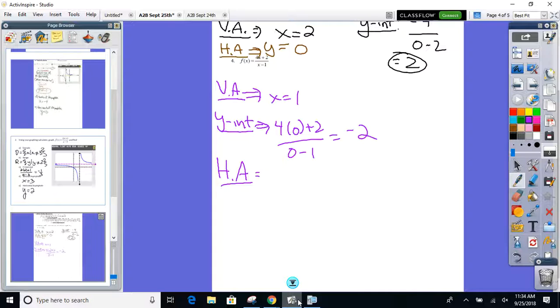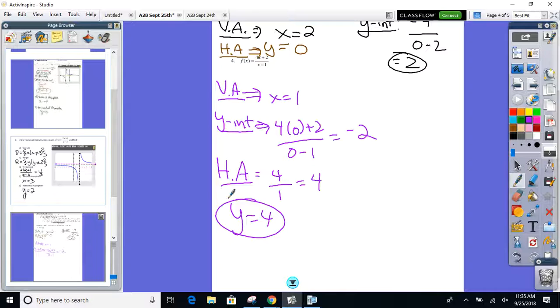So Haley, going back to you, what's the leading coefficient up top? 4, so it's going to be 4 divided by, what's the leading coefficient on the bottom? 1. So my horizontal asymptote is a little bit more than 4 because I have to attach the variable to it. I need to make it an equation. 4 is not going to cut it. Y equals 4. Nice job. Okay, Y equals 4. So if the degrees match,